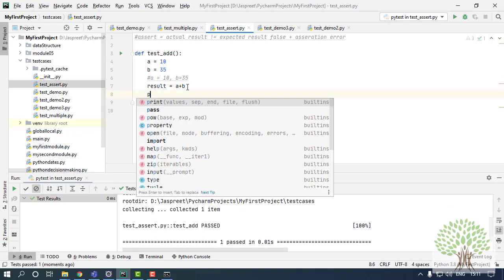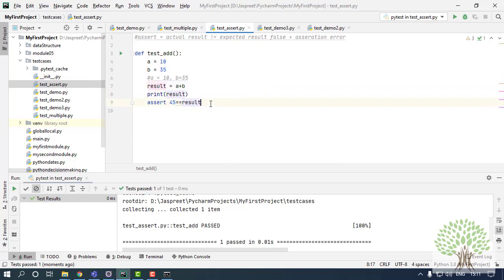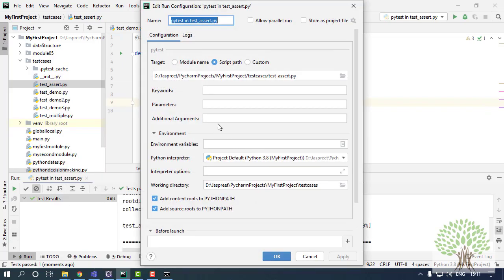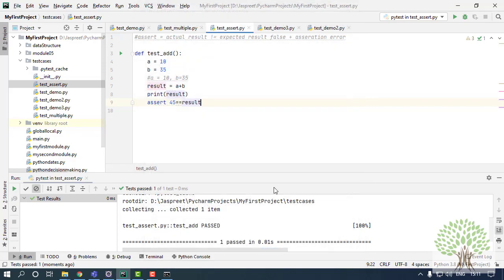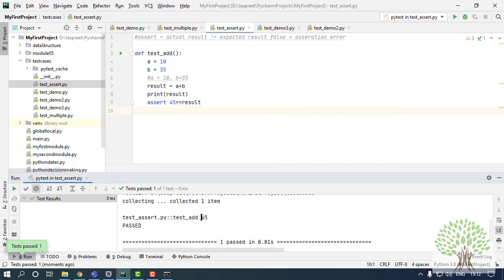Also I'll print the result. To see it on the console, I have to add additional arguments over here. Apply, OK, run it. Now my result comes out to be 45 and the test case passed.